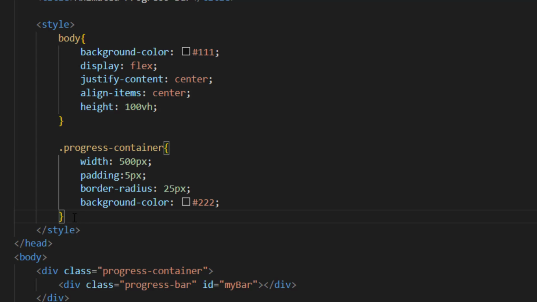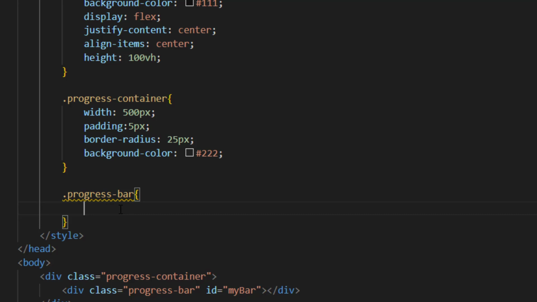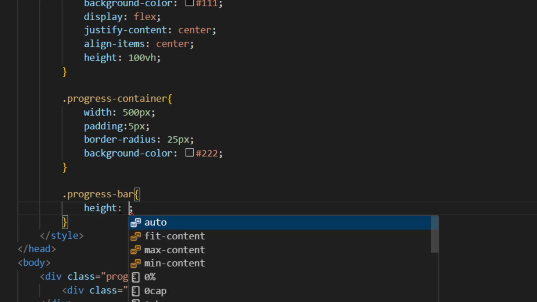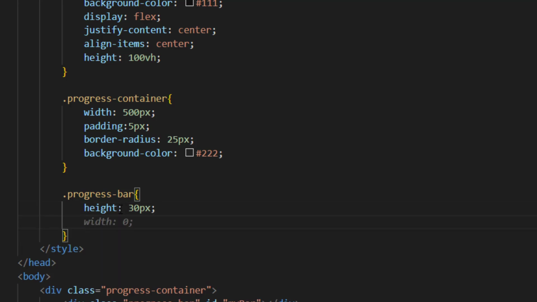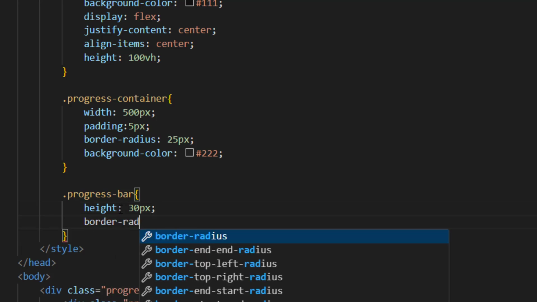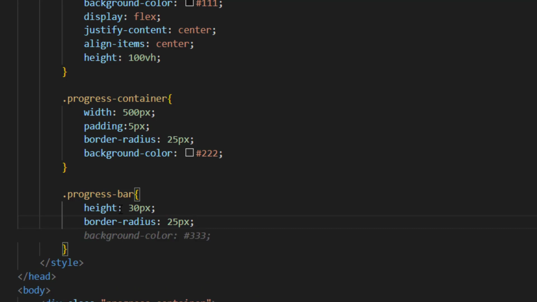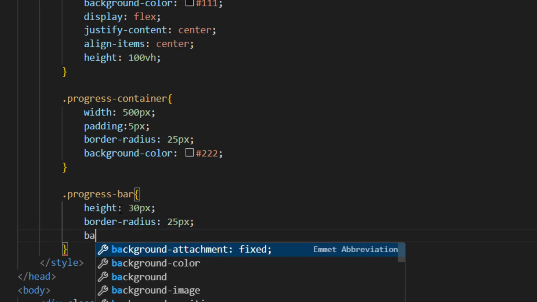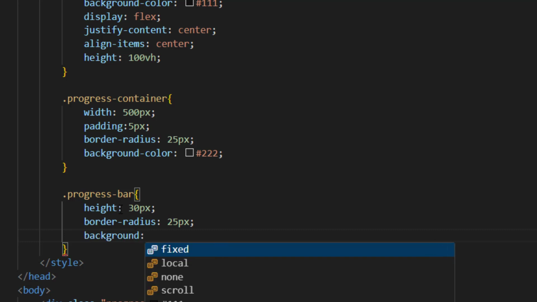Next, let's style our progress bar. Now, for the progress bar, let's make its height 30 pixel. It will also have a border radius of 25 pixel and background, let's make it